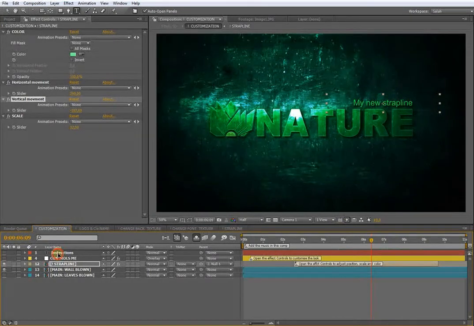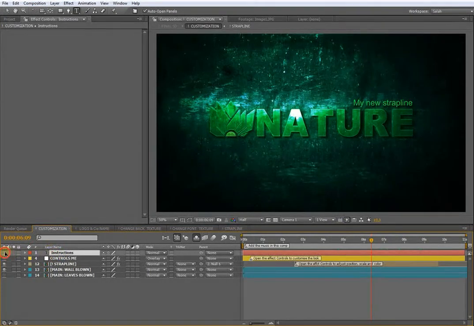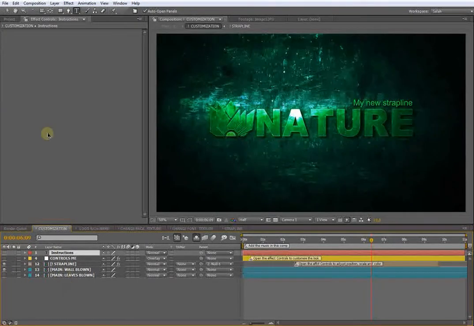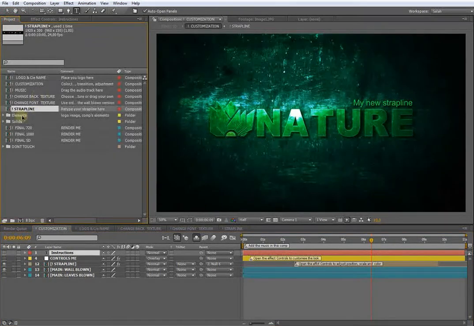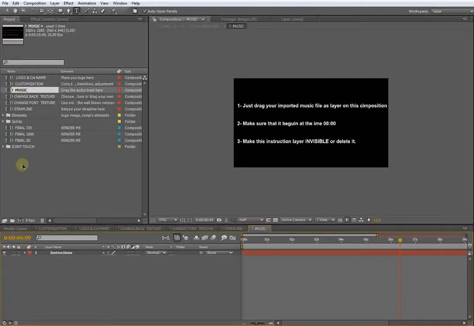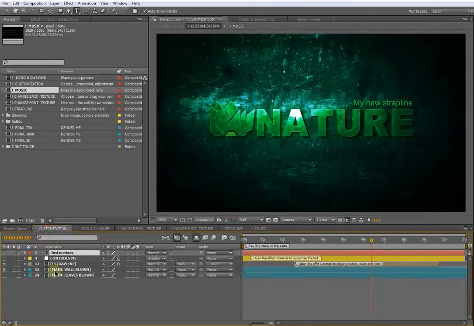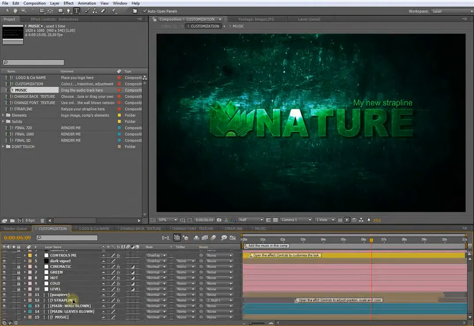And again, you have an instruction layer here. You can make it visible and read it if you are lost. What else? So I think that's it. Okay, for the music, just double click on the music composition and drag your audio file here. Of course, hide this instruction layer, and it will be automatically added here because it's already here, and just hide